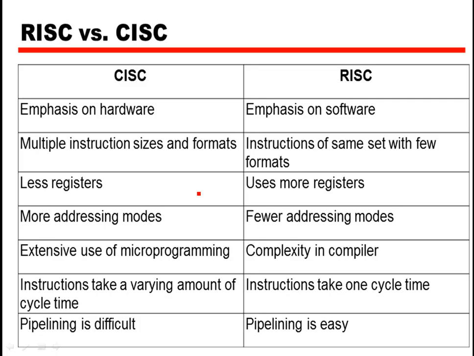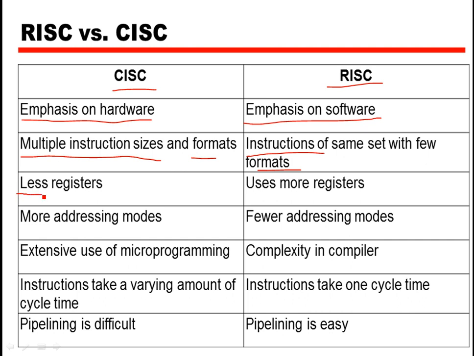So basically, if you want to see the difference between the CISC and RISC architecture, this is the basic difference. Basically we already know CISC is the complex instruction set computer. RISC is nothing but a reduced instruction set computer. CISC emphasizes hardware performance and RISC emphasizes software. In the CISC we have complex instructions, that's why our instruction size can be multiple and the format can vary. But in the RISC, instructions are very simple, so the format is very simple.